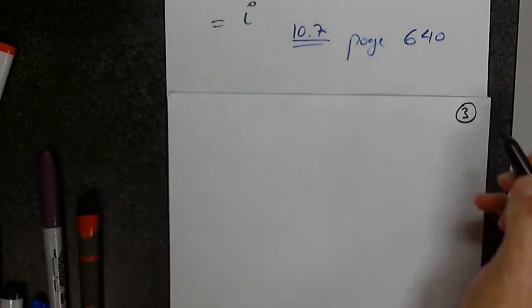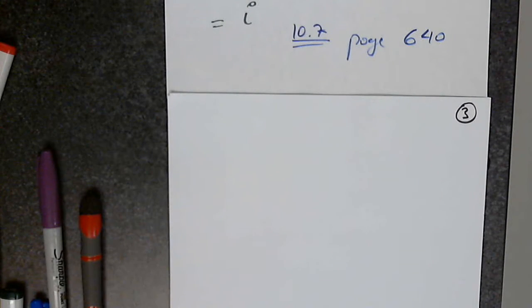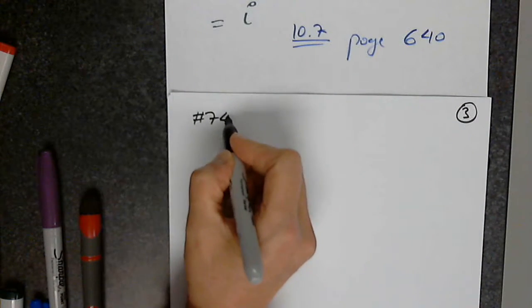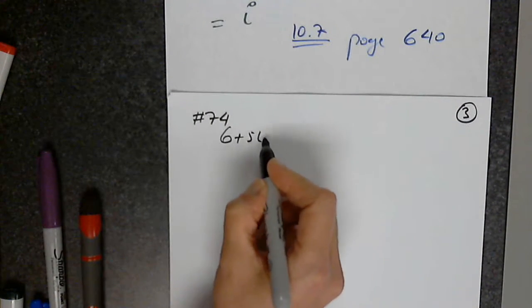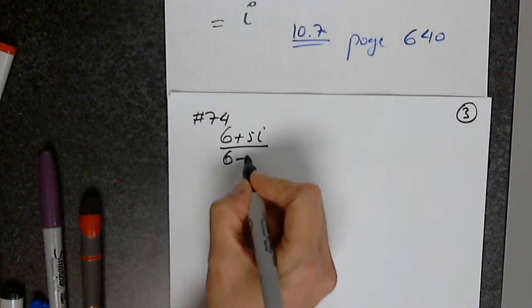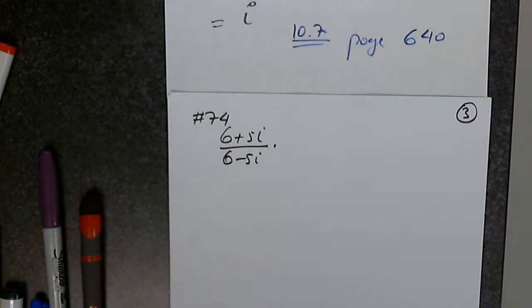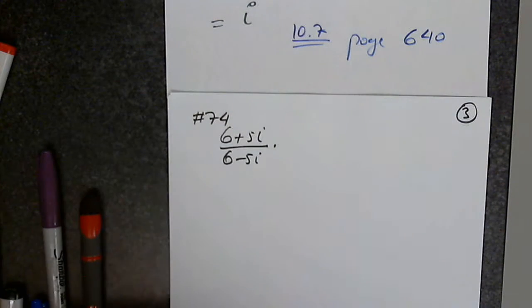So let's say number 74, in which we have 6 plus 5i over 6 minus 5i. We're asked to perform the operations. In this case, there is a division of 2 complex numbers. How do I divide 2 complex numbers? What do I need to do? I need to